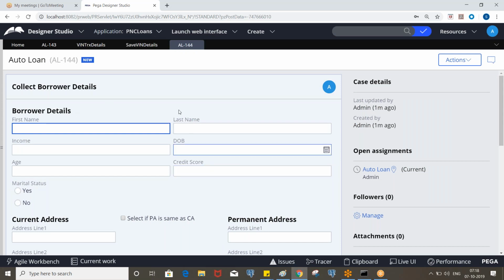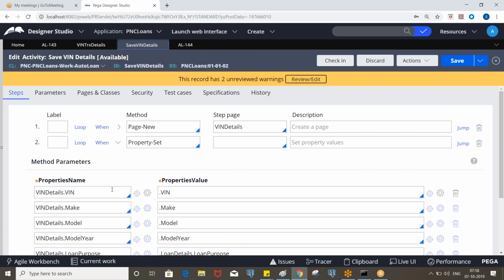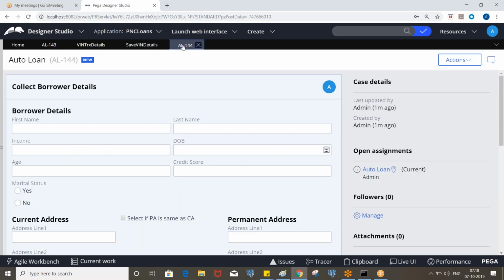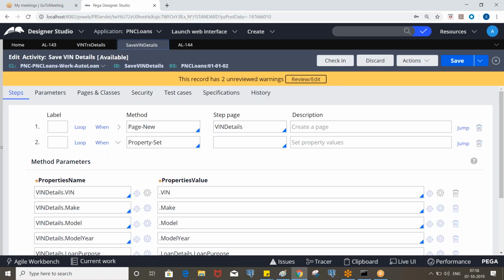And this has to be saved into the win transaction details data class with the win as AL-144. Okay. So what is the property which holds the work object ID? PYID, which will be available on PY work page, right? So now, if you put PYID, it will be AL-144.